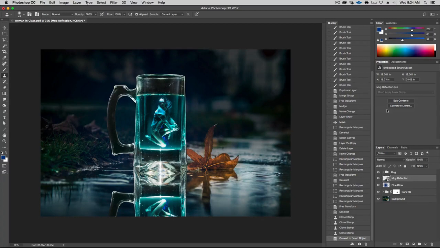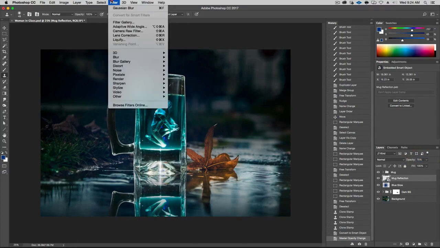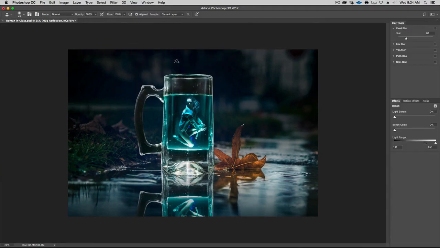Okay, and then let's put this in 75% opacity for now, and then go Filter, Blur Gallery, Field Blur. Now, why do I use field blur? The reason I'm using field blur is because you can, so this is a point right now, it's at 15% blur, okay? It's a pretty lengthy process, especially if you have a big file, but it creates the best results. So what I want is for it to be somewhat sharp over here and somewhat blurry over here. So I'm going to take my blur point and bring it all the way down here.